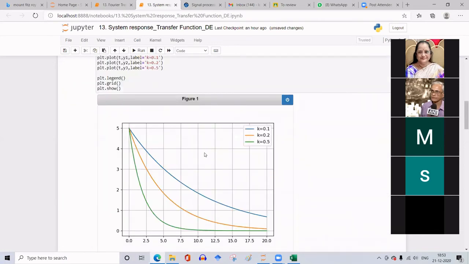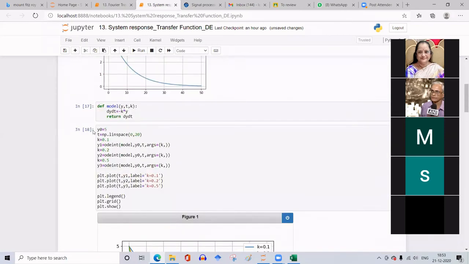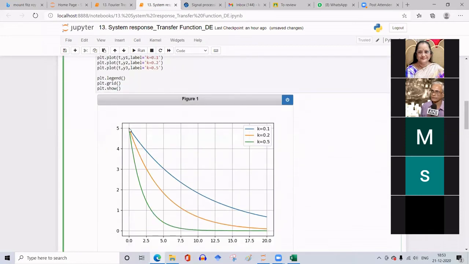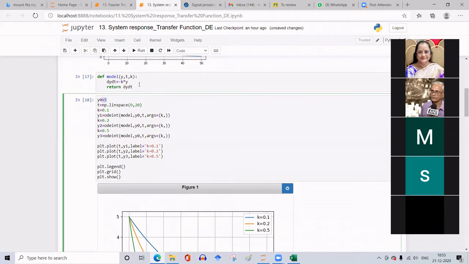Now you see we have three graphs and the initial value y0 is 5. Initial value given is 5. So it is starting from 5. And if you remember, this is a natural response it gives because we have not defined any input to this system described by dy by dt plus ky is equal to 0, which is the differential equation of the system.